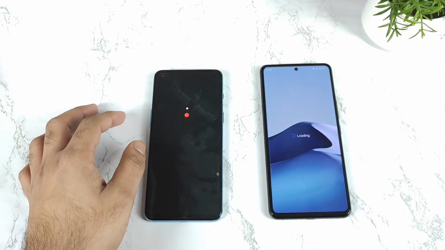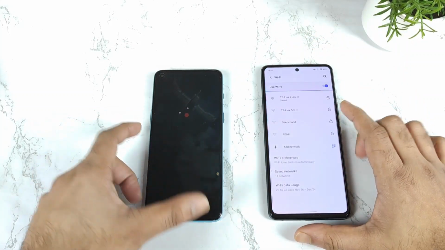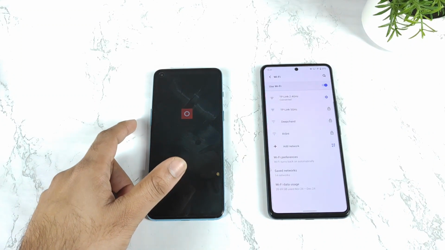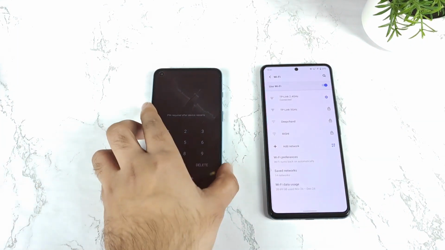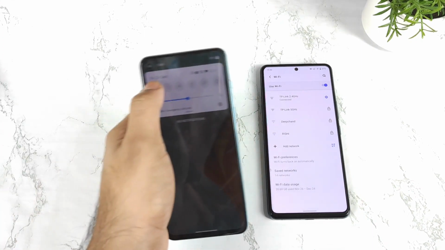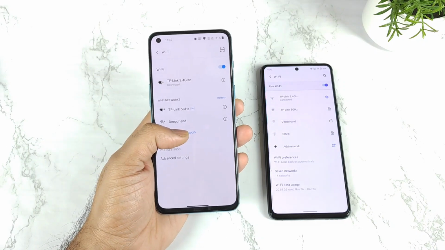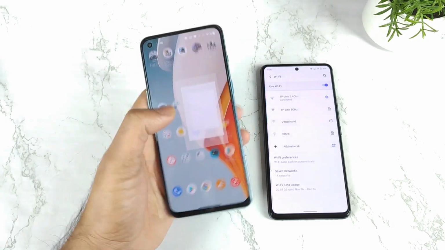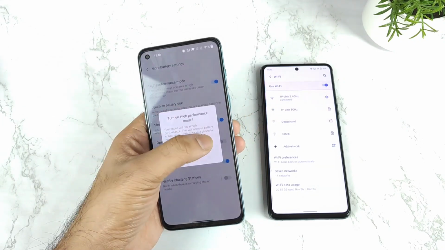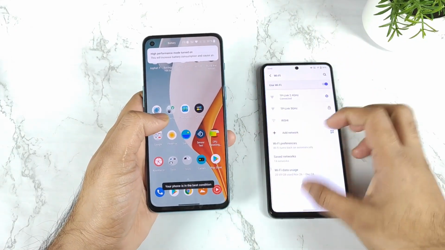Right now the loading is taking a lot of time in the rebooting test. Both phones are connected to the same Wi-Fi network, which is a 2.4 GHz Wi-Fi network, which you can see here. Let me unlock the other device and open the Wi-Fi network of this phone. It's a 2.4 GHz Wi-Fi network, connected exactly, and I need to go to the battery options and enable the high performance mode. The high performance mode option is enabled successfully, as you can clearly see, that's perfectly done.